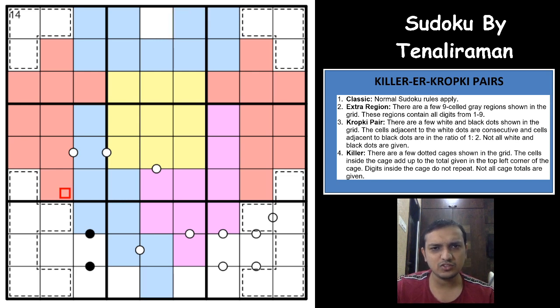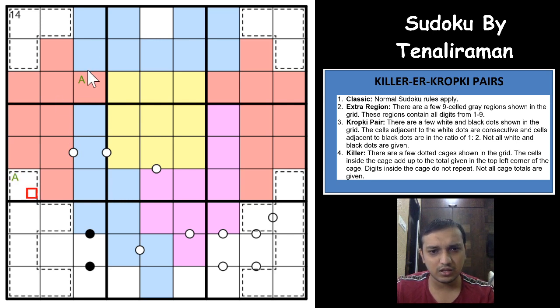Okay, I can see something here, I'll just mark that with the other color. This is A. Whatever you have here will have to be in this box, in this cell, because whatever you have here cannot be in any of these 3 cells, cannot be in any of these 5 red cells, because it is already present here as an extra region constraint. Then the only number you have here can only be here in this box, right?